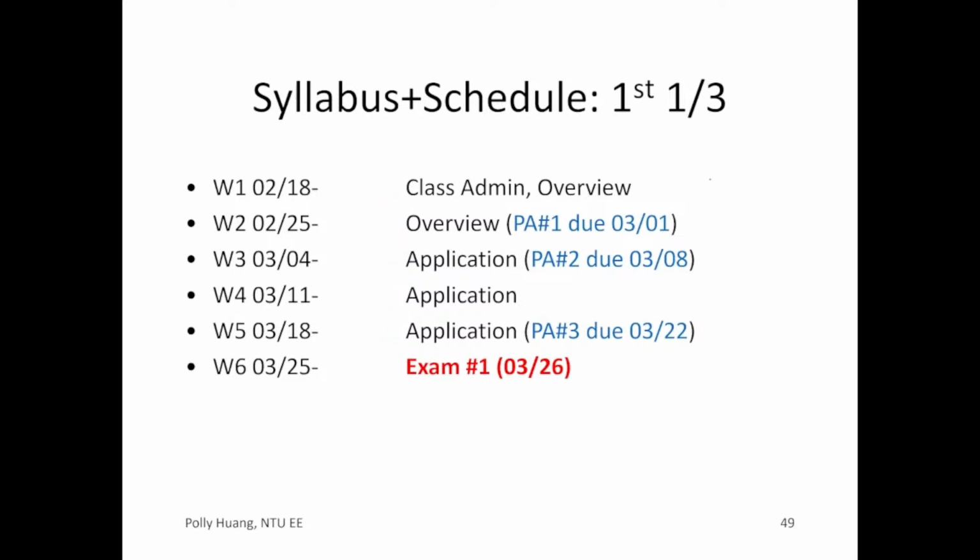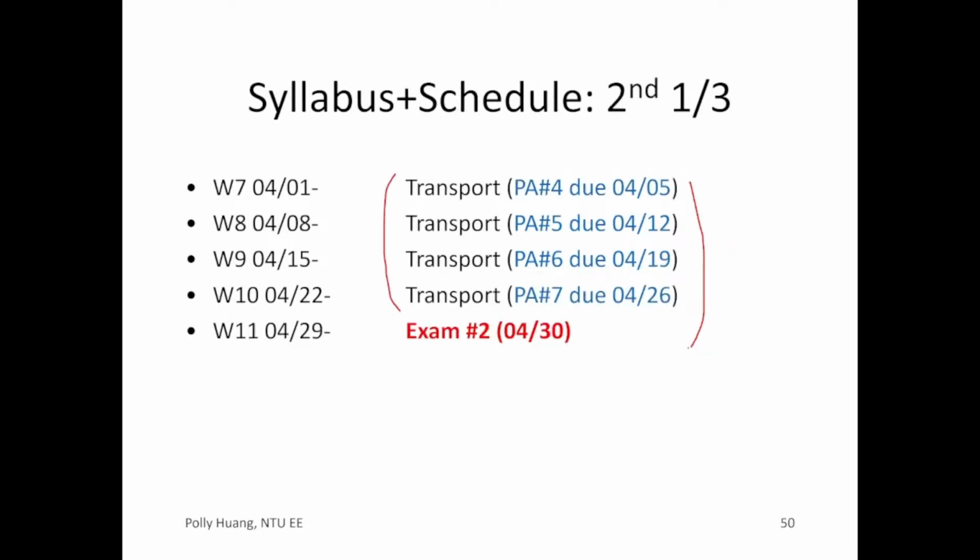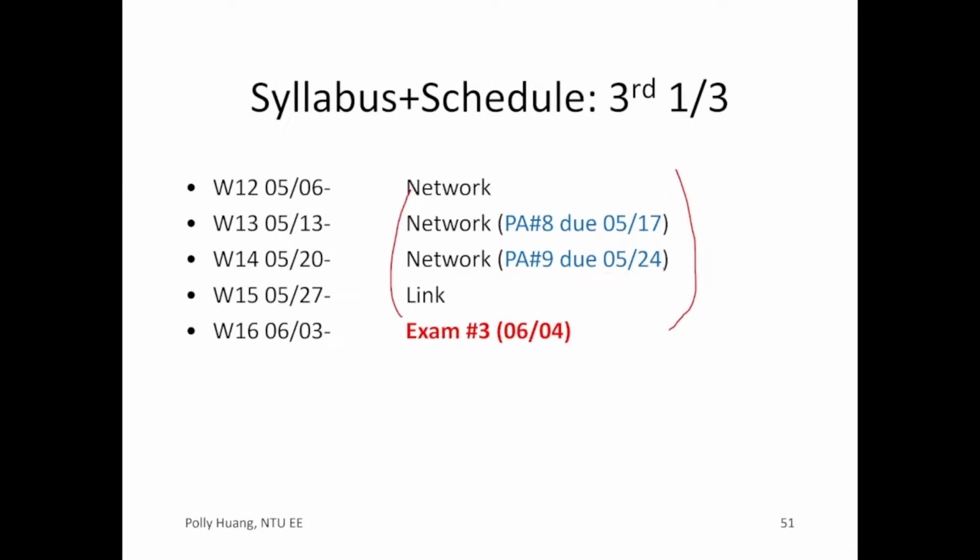Now, in terms of assignments you need to turn in, in the first third there are 2 programming assignments due. The first 2 are somewhat straightforward, but the third one is very challenging, and that is why week 4 is left empty. What that means is that you want to start working on PA3 from week 4 so that you can make the deadline, March 22nd. In the second third, we do have back-to-back PAs, and no worries, because the 2 in the middle are straightforward, and that is to balance the load a little bit. In the last third, we have 2 PAs due, but PA8 is again a little bit challenging for some of you, so you want to start from week 12 to be safe.